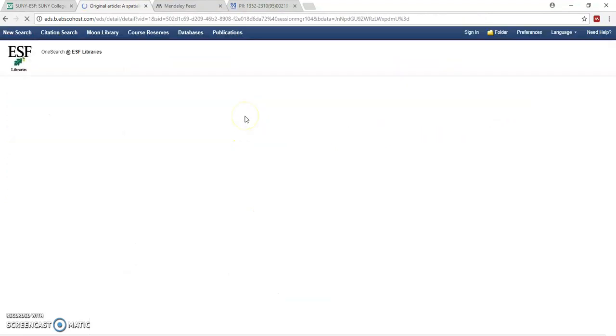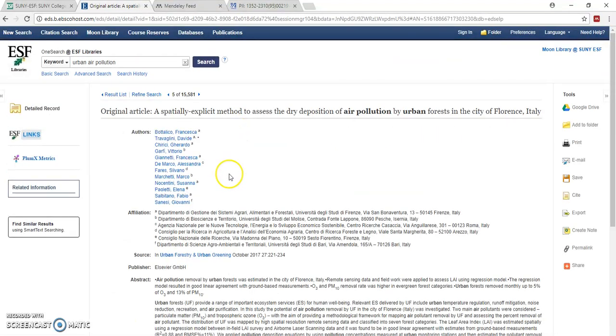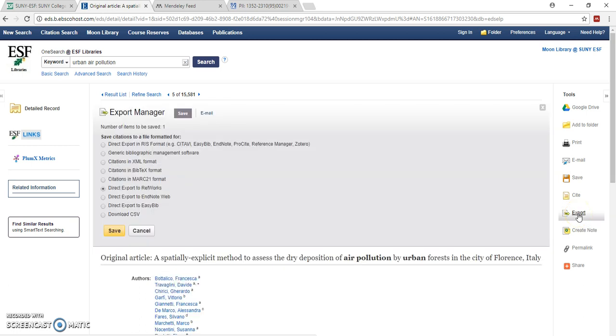Perhaps this article here. Now over on the right hand side you see this export button again, and we need to direct export in an RIS format. Click Save,